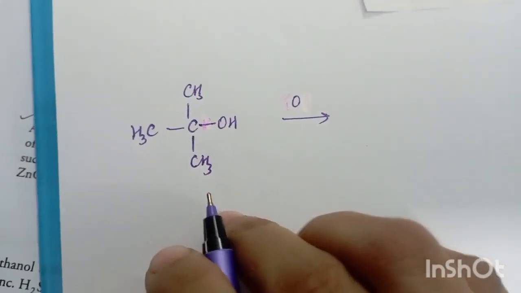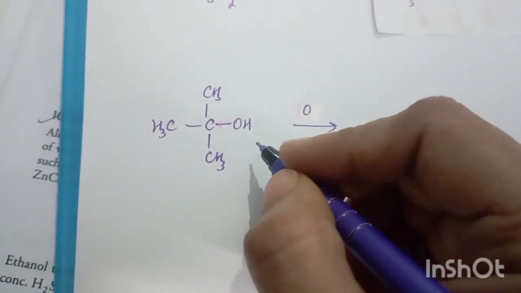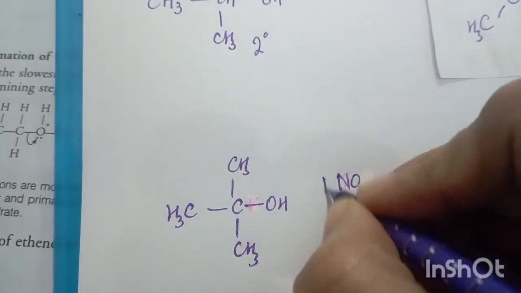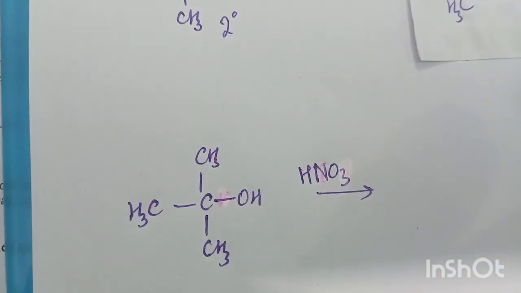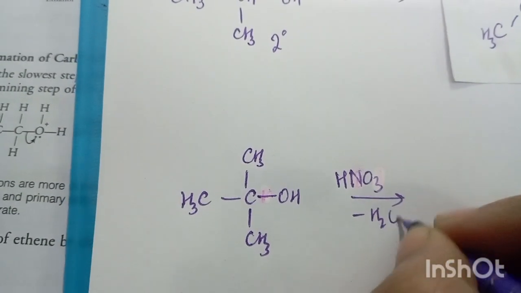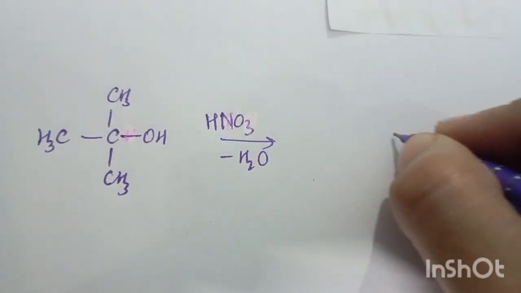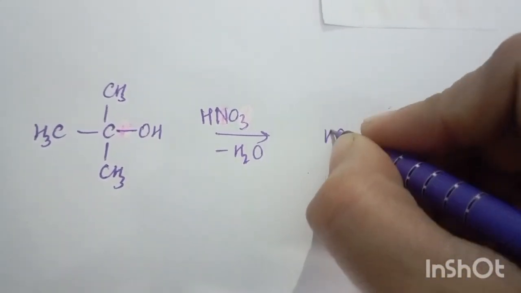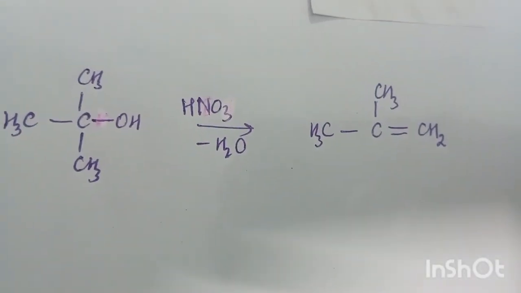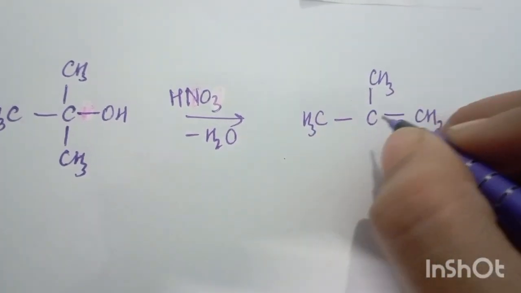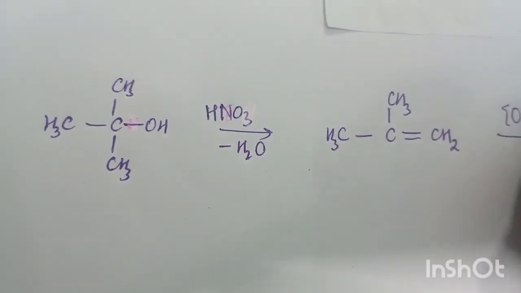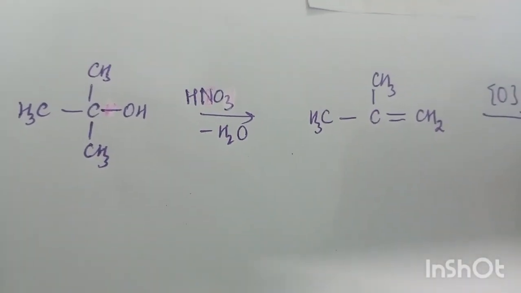Now here we have taken tertiary alcohol. Here the OH group is attached to the tertiary carbon. This does not give oxidation products easily. So here hot concentrated HNO3 is taken, which leads to dehydration, removal of a water molecule, and formation of 2-methyl propene, which on oxidation will lead to the formation of